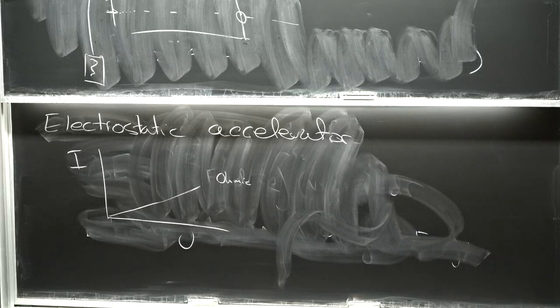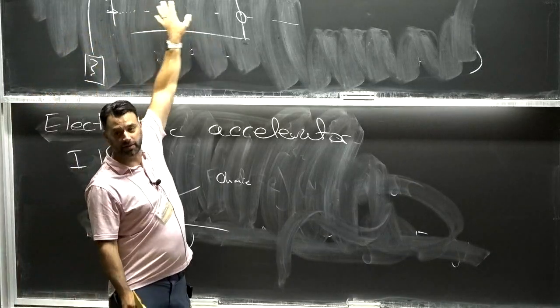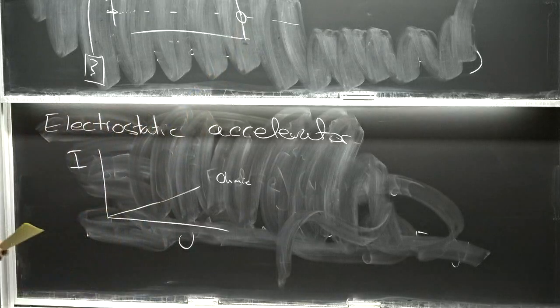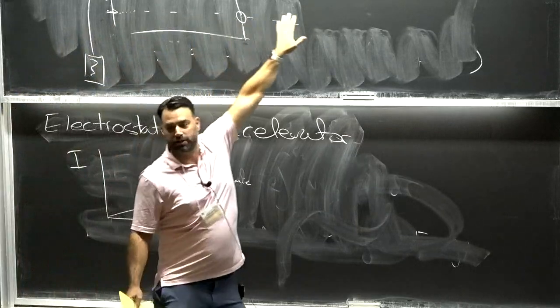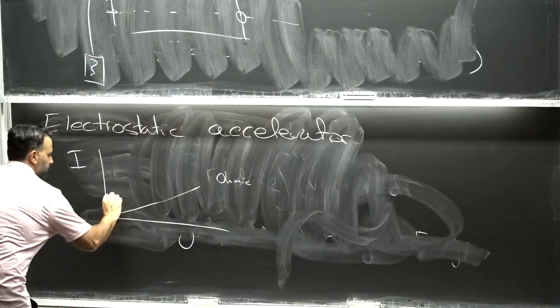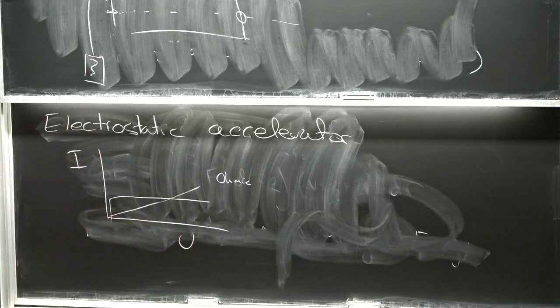Now, there's also the fact that I have ions that are living in here. I can't get an exact vacuum inside of here. So there will also be some ion current that we can also view as the beam current that's going through here. And that'll essentially saturate as I increase my potential difference because the ions will get pushed off, and then I'll just be left with the beam current that goes through.